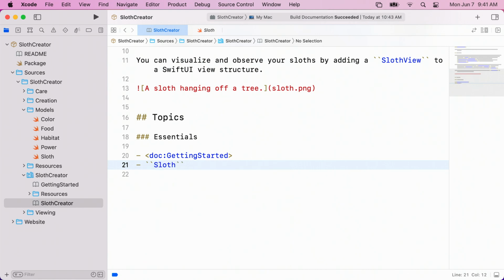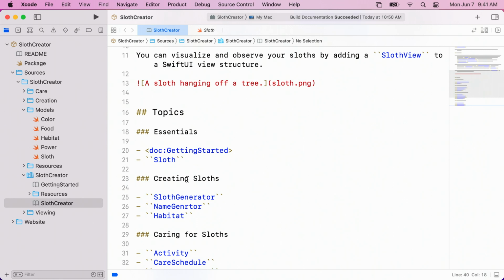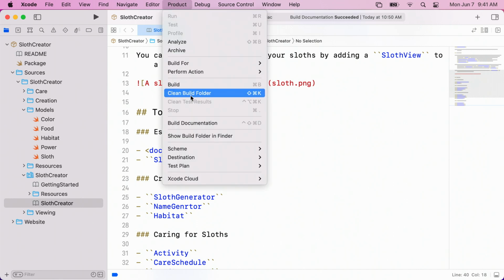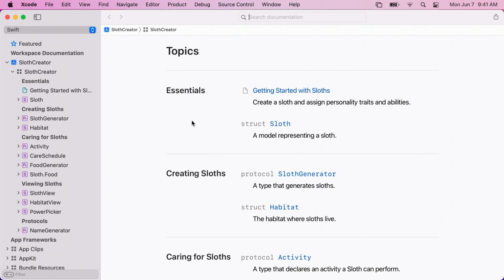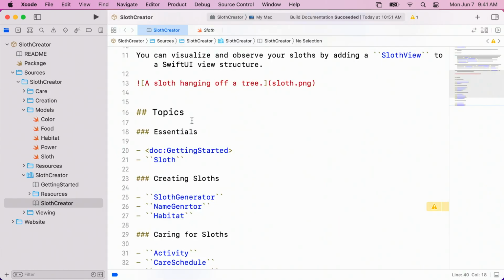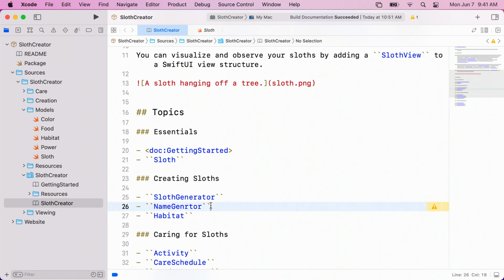Using the categories I created earlier, I'll organize all of the other documentation pages into groups as well. Now I'll rebuild and take a look at the changes. In the product menu, I'll select Build Documentation to rebuild. The documentation built, but I see a diagnostic generated by Doxy, and it looks like I mistyped a link here. Let's let autocomplete take care of it, so I'm certain it's correct. Now I'm going to rebuild the documentation again using the product menu to see if I resolved all of the issues.